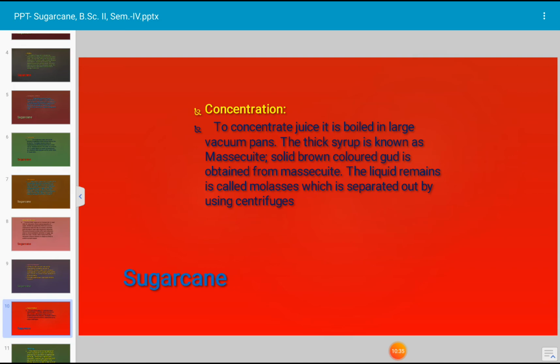To concentrate the juice of sugarcane, it is boiled in large vacuum pans. The thick syrup is known as massecuite. Solid brown colored jaggery is prepared from the massecuite. The liquid remains is called molasses, which is separated out by using centrifuges. Next,